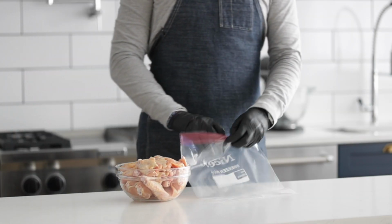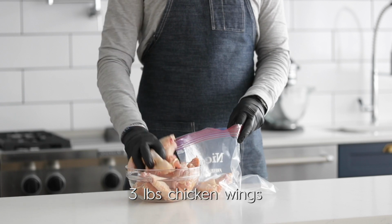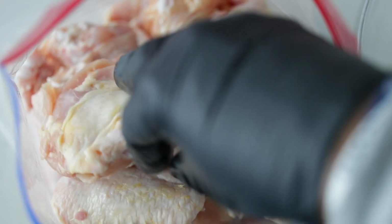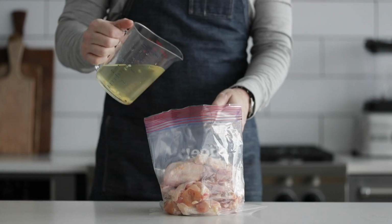These are incredibly easy to make, but it does require us to knock out a little bit of prep. Sound good? Let's cook. The first thing we're going to do is start off by brining up our chicken wings. You can do this in a plastic bag or in a plastic container, completely up to you. Just go ahead and add in about 3 pounds of chicken wings, and next, for the brine, I'm going to